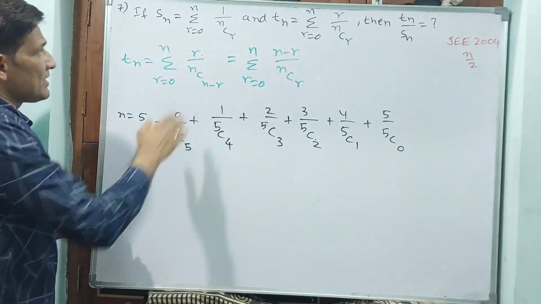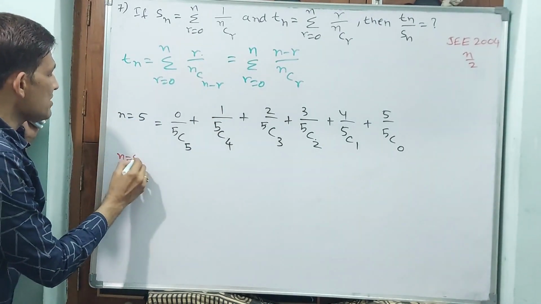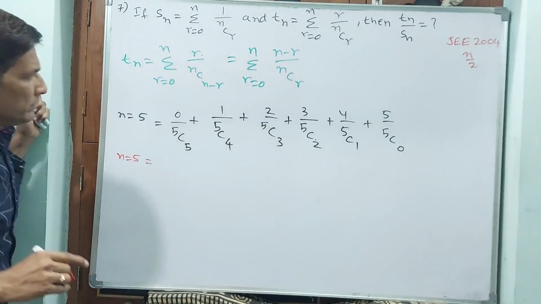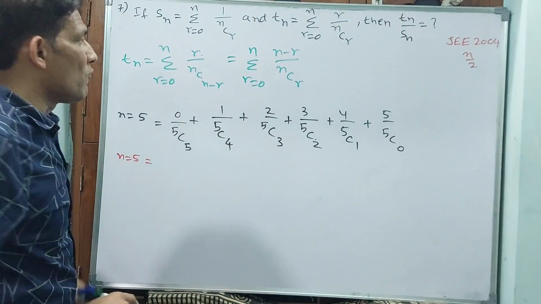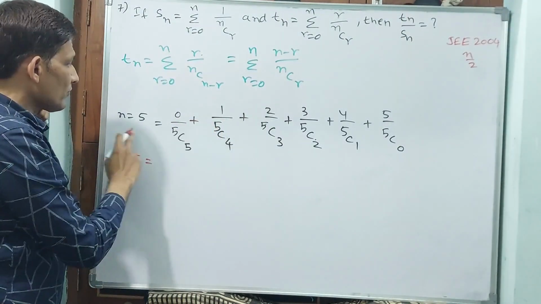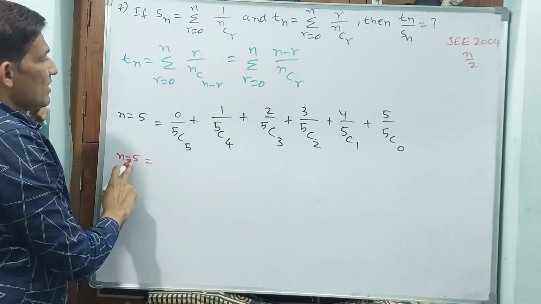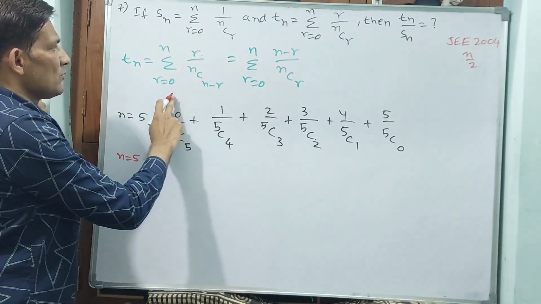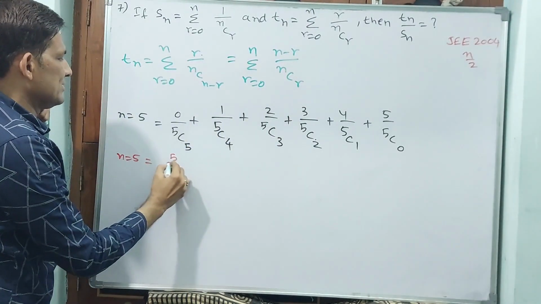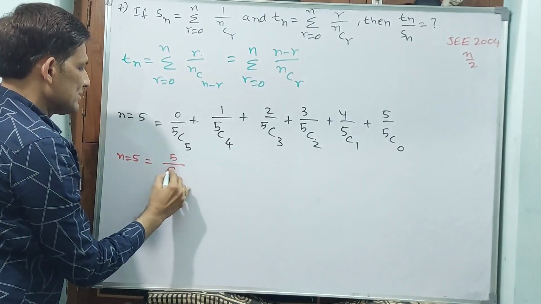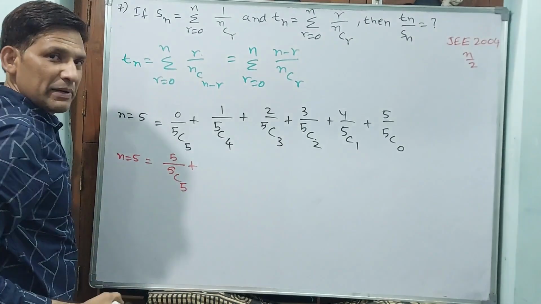Okay. See, this is as per this r. Now, as per this I am doing. Same n is equal to 5 I am taking. Individually you may get confused, but when sigma is there, it is going to become okay. Now you see, same 5. Now you tell me, when r is equal to first 0, 5 minus 0, 5 by 5C0, plus.